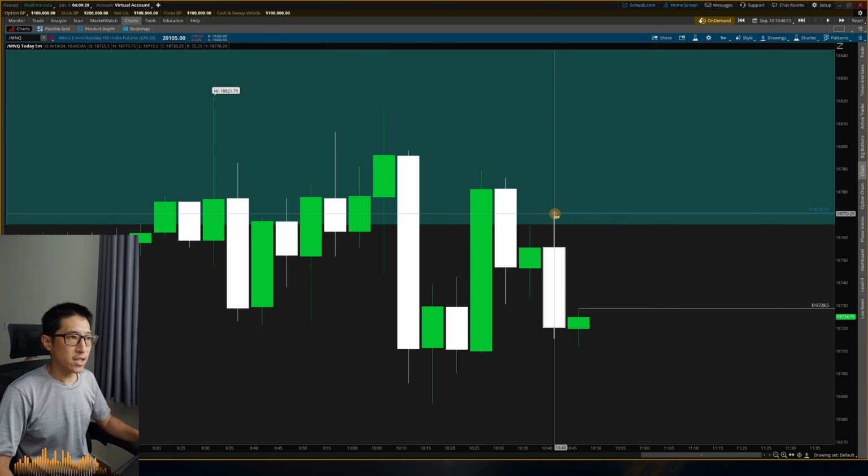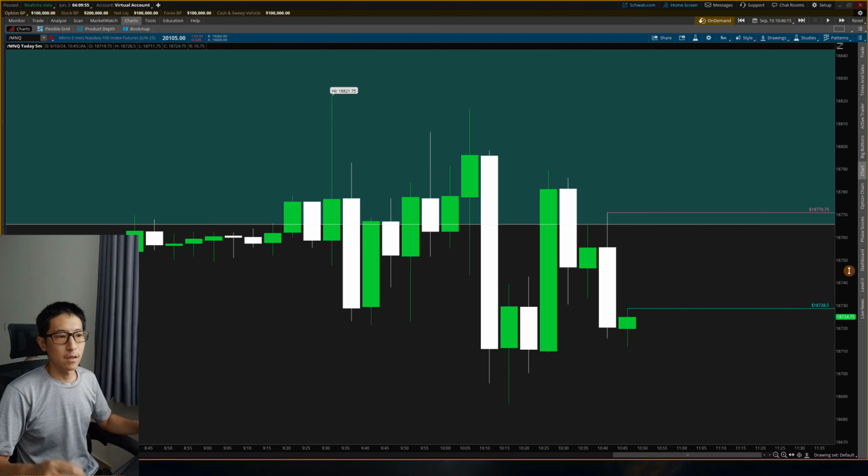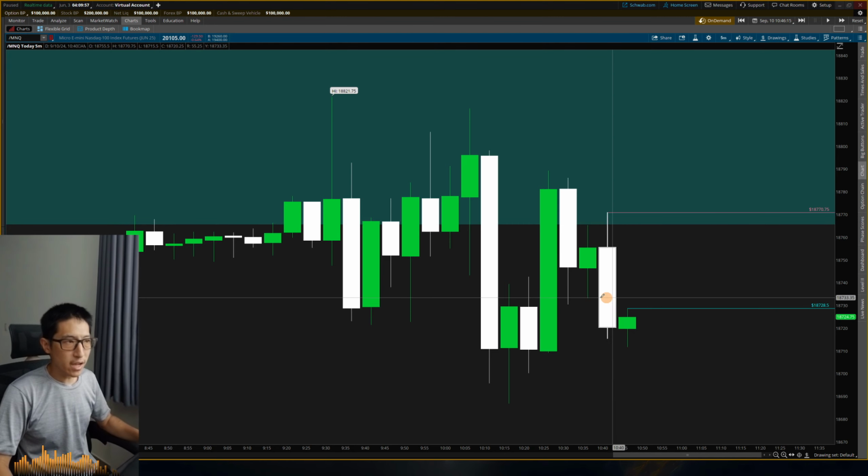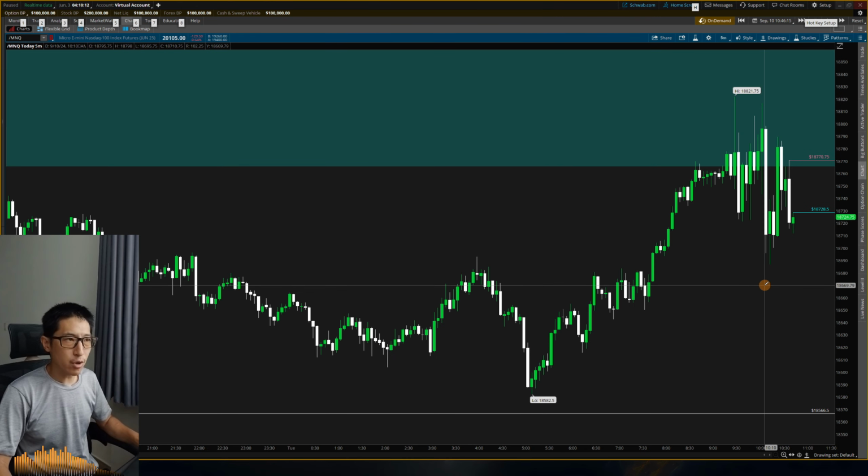Let me pause this real quick and get everything organized. All right, so like I was saying, if we have this fair value gap remain intact, I could take a short entry at the low of this fair value gap with my risk at this high here. The amount I'll be risking is about 40 points, which is better than that 56. So I'm going to go ahead and try for it.